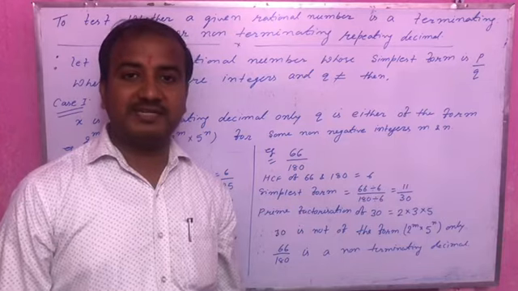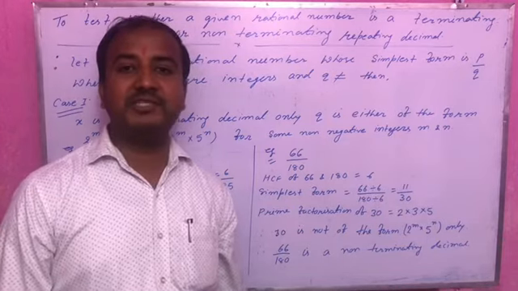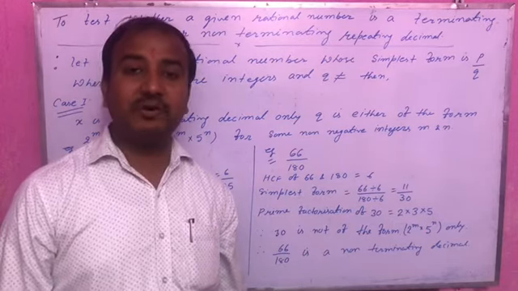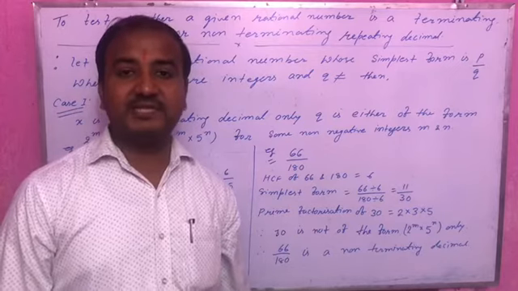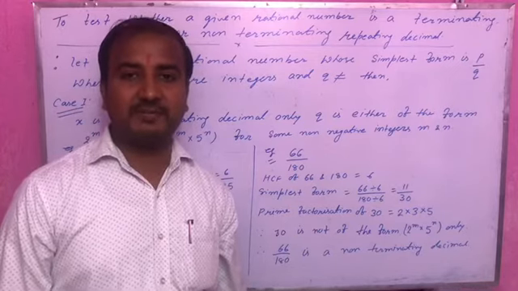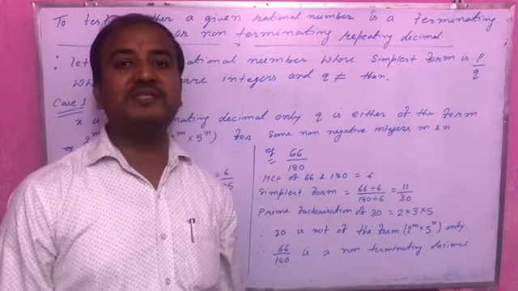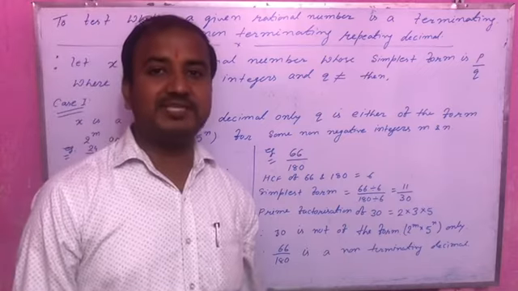What is a terminating decimal? If the decimal expansion of a number stops after 1, 2, 3 or more digits, it is known as terminating. And if the decimal expansion does not stop after 1, 2, 3 or more digits, it is known as non-terminating. Also we had seen in our previous videos